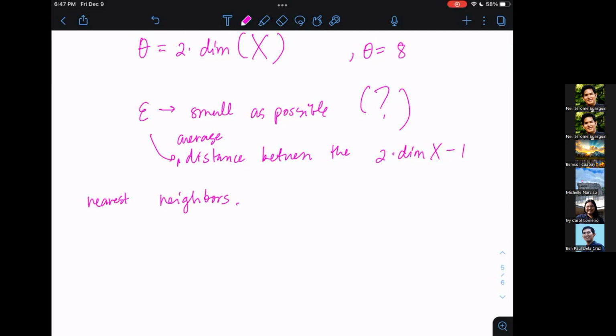I will compute the average distance between each of the points and its 7 nearest neighbors. And I will take the average all throughout the value of all possible x's. Then yung average na yun, siya yung gagawin kong epsilon. So medyo mahirap siyang i-implement. Okay? Now,